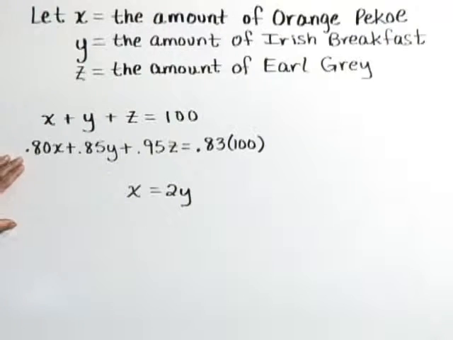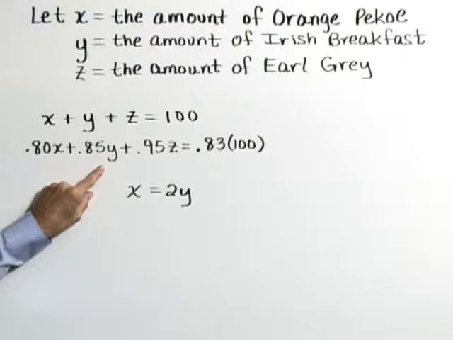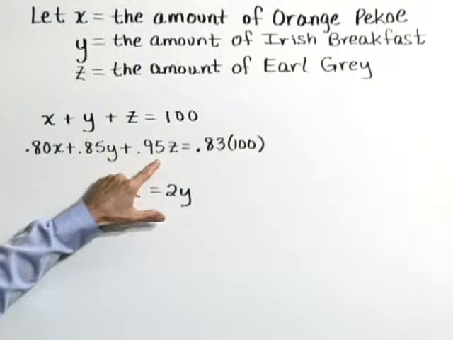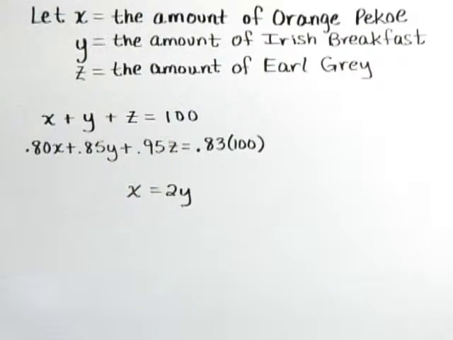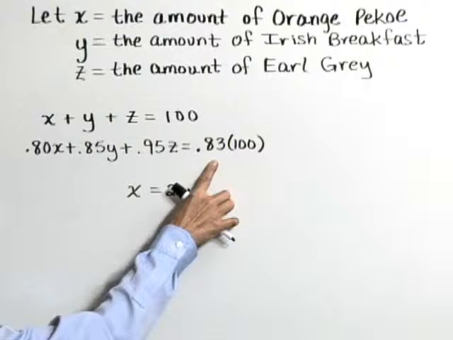A second equation that we can write relates the prices of the tea. This first product represents the fact that orange Pico sells for $0.80 per ounce, or you might think of that as 80 cents per ounce. So if we multiply that price per ounce times the number of ounces, we get a value in dollars. So we have the value of this amount of orange Pico plus the value of this amount of Irish Breakfast plus the value, and this is in dollars, of the amount of Earl Grey